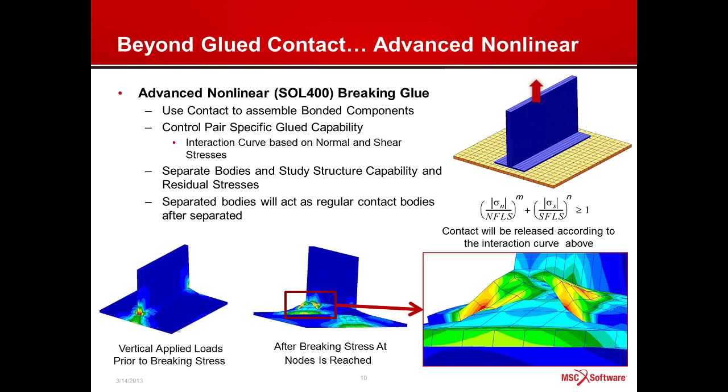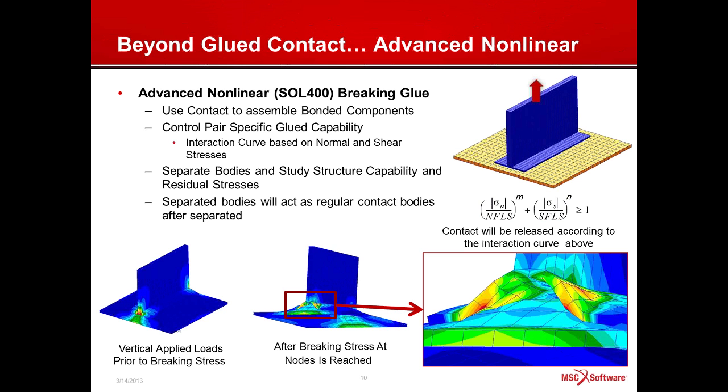And that concept is actually the solver will look on an incremental basis if the normal stress and the shear stress at the boundaries where components or contact bodies are glued together exceed the criteria that you define. So you define an allowable for shear and normal stresses, and you can define some exponents depending on your correlations. If you have correlations that you have to relate to from tests, you can get very, very good results with this by pulling on it and looking at how things will disbond or break some sealing or fasten, or